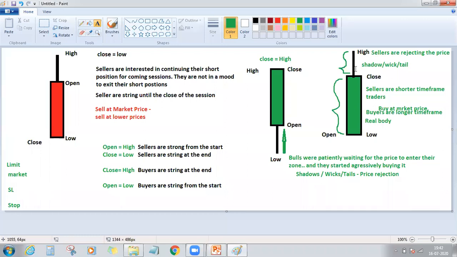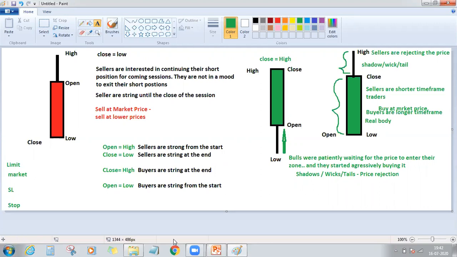So when somebody is initiating a sell limit order, price has to go up, only then will the sell limit orders get executed. Similarly, if somebody is initiating a buy limit order, only if price goes down will his order get executed. And if it is a sell market or buy market order, it will be executed at the current market price. So if somebody is initiating a sell market order, then at the topmost bid offer, at that price, the order will get executed.